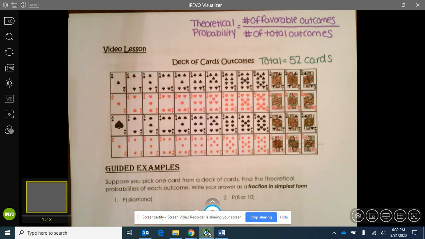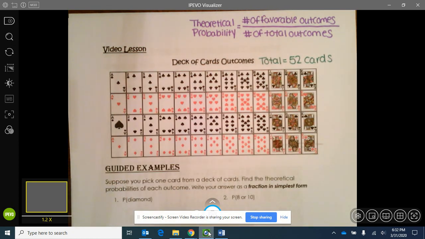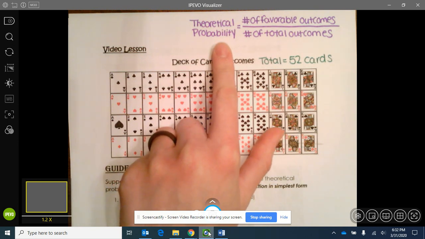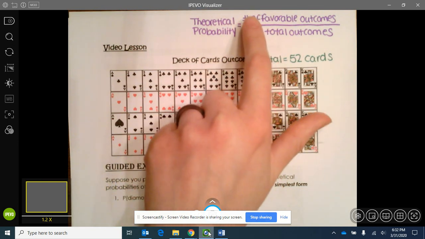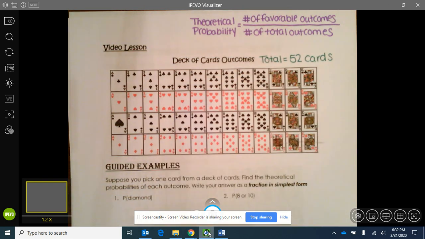So today we're just going to do a little review of probability, which is what you were introduced to yesterday. Remember, there are two types of probability, experimental probability and theoretical probability. Today we're going to be looking at theoretical probability. Remember, theoretical probability can be found by finding the number of favorable outcomes divided by the number of total outcomes. Now we're going to look at some specific examples concerning theoretical probability, and these are examples dealing with